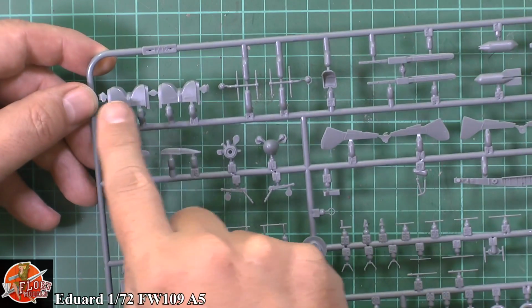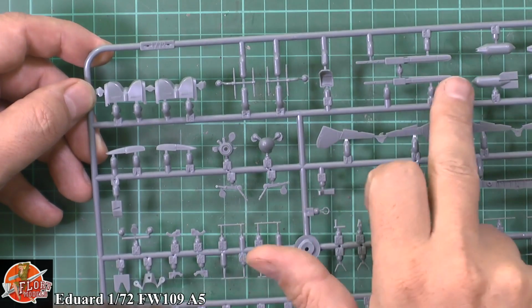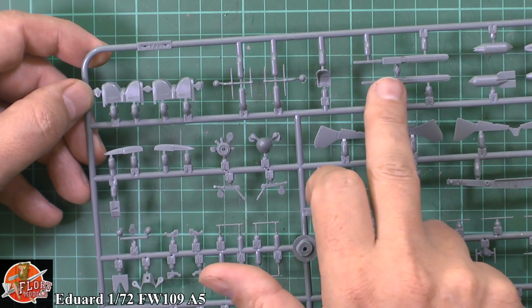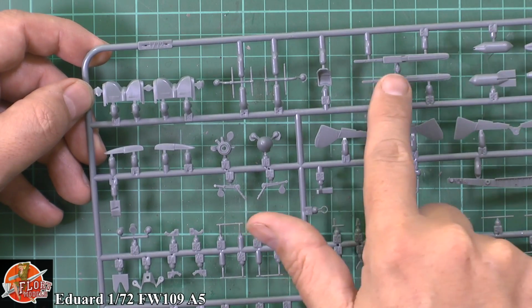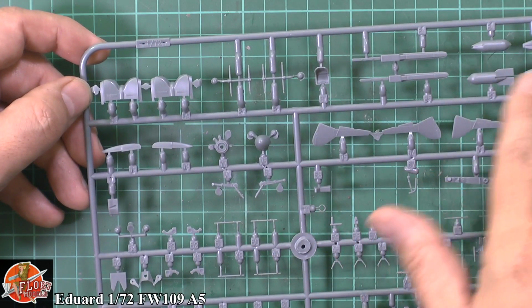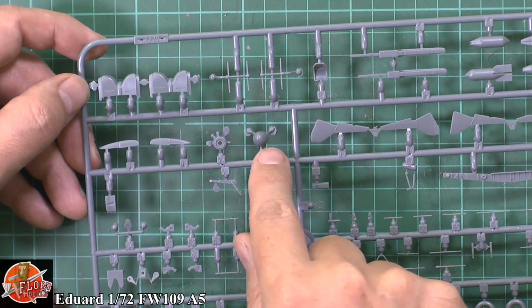So down here at the top we've got those wheel well tops, we've got some aerials, we're not going to be using those, the seats. Again, this is the A-5 version, which is the fighter version. I think it's the F that had this extended fuselage bottom down here and there. So we've got fuel tanks, bombs, various things, doors open and closed, obviously positions,